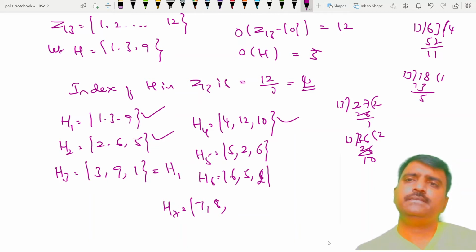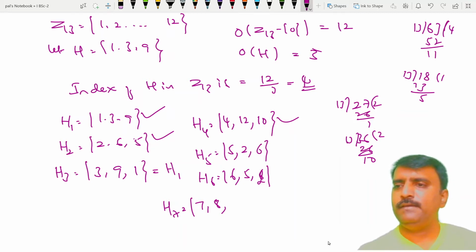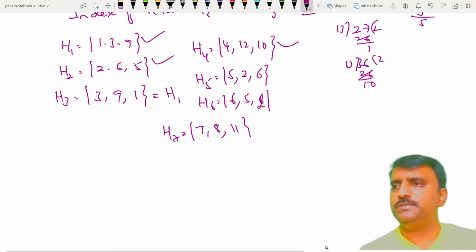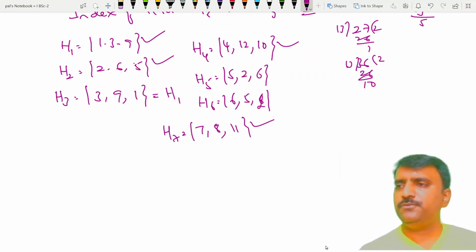So what is it? 11. Yes. So these are distinct, and we have got 4. So therefore the distinct cosets are